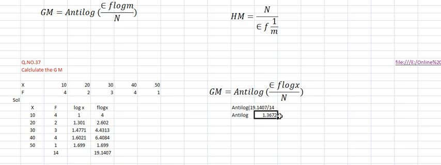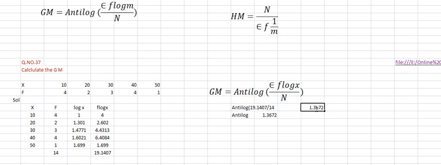I just deleted the remaining digits. 1.3672. Say 1.372 is the value to find the antilog of. Now you have to find the antilog of this number. How to find the antilog? Antilog is seen for the fraction part, not the 1. After the 1, this number you have to check. I will show you here now. 1.3672. You have to check this number in the antilog table.